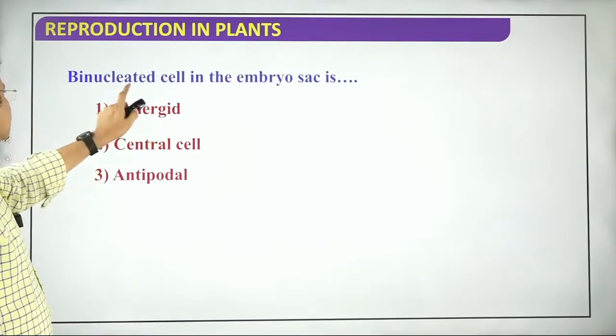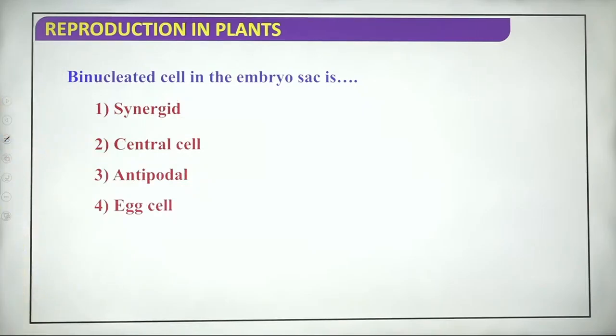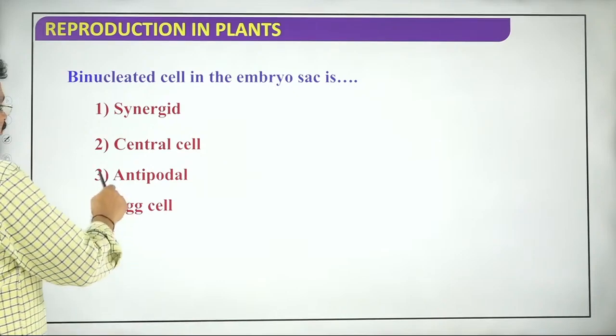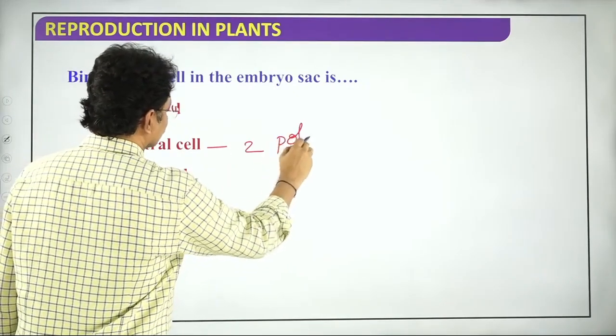Binucleated cell or two nuclear cell in the embryo sac is... Name the cell of an embryo sac that possesses two nuclei. Yes, central cell. In that central cell, two polar nuclei are present. Two haploid polar nuclei